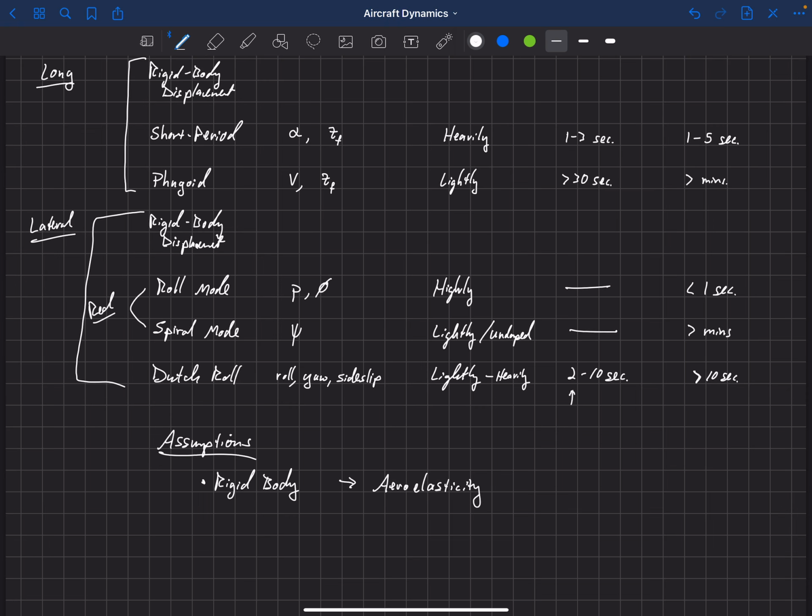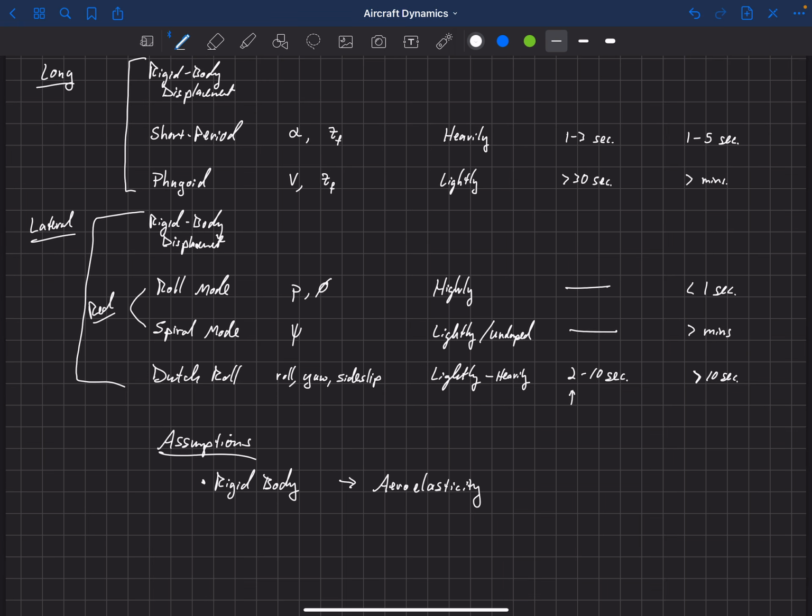And so it's pretty amazing how far these wings can deflect before they fail, before they snap under load. So anyway, the bottom line here is that we've assumed that all of our aerodynamics are not at all affected by the aircraft, or in other words, that this is a rigid body aircraft, that our aerodynamics are not affected by the structure. But in general, that's not true. The aircraft is going to change shape slightly throughout the flight based off of the weight that it's carrying and fuel burn and where that weight is being carried and things like that. And that's this world of aeroelasticity.